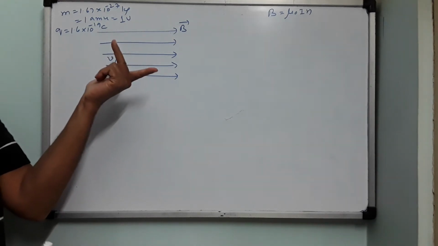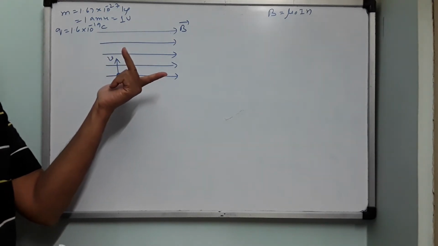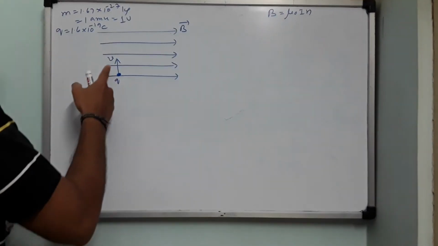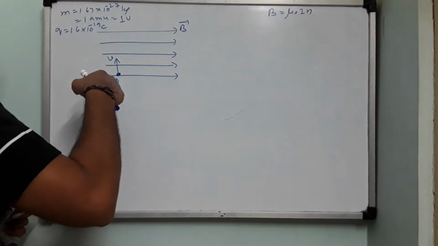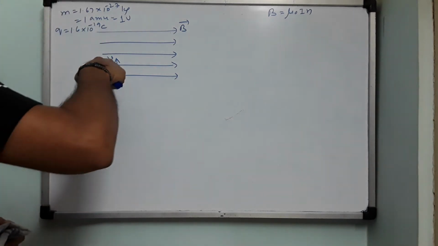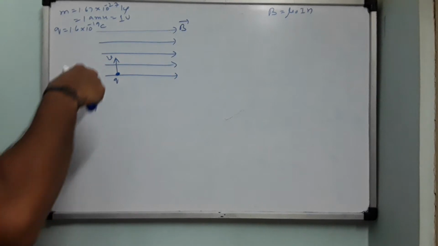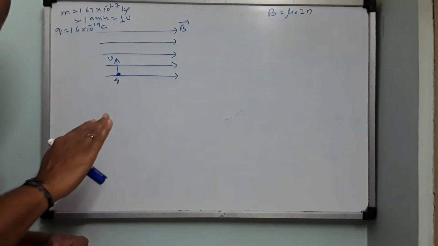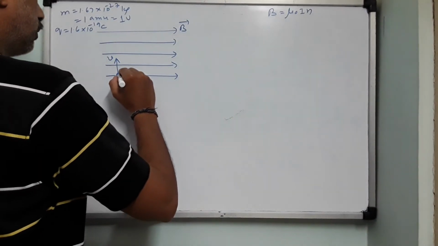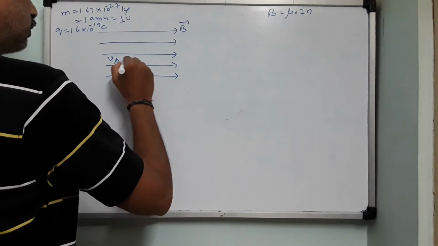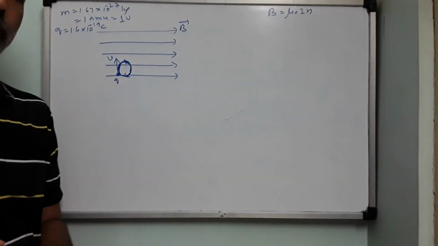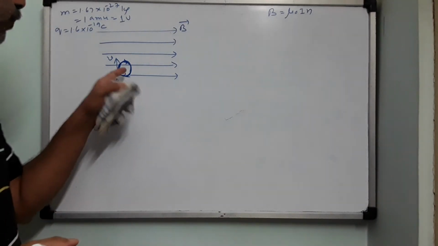And now this is my thumb. How is the thumb? The thumb is pointing normal to the plane of the board. That means as soon as this particle enters into the magnetic field, it will drift in a direction perpendicular to its velocity. So it will go inside, and then it will come out. So half of the circle will be on the back side of the board and half of the circle will be on the front side of the board. So it will continue to move in a circular path like this. So when it is moving in a circle, remember the speed will remain constant.